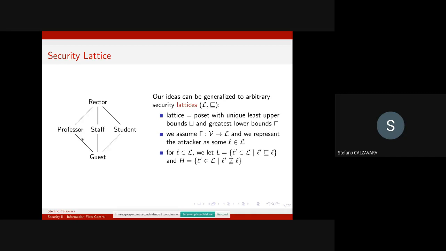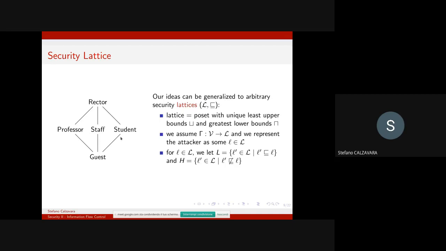But then the professors, the staff, and all the students also have access to some confidential information. And a professor intuitively should not be able to read the confidential information which belongs to the student and vice versa. Okay, so you can think that our idea of structuring information between private and confidential can actually be generalized to arbitrary security lattices. So what is a lattice, technically speaking? It is a partially ordered set